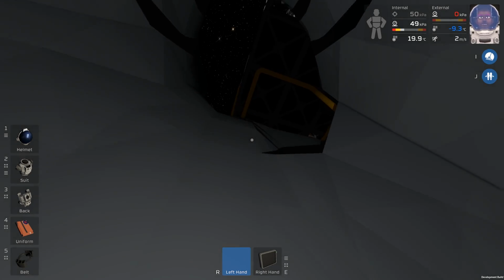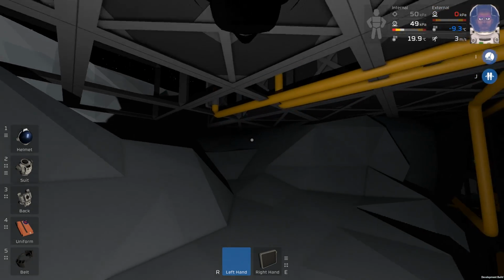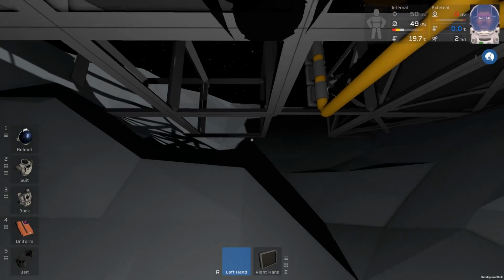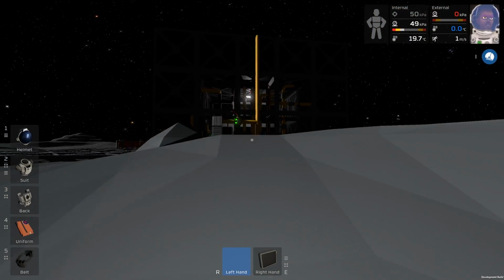So if I were you, I would be a little bit conservative about having a really deep base, at least for the moment. And how much propellant do I have? Oh, I didn't use all that much. Okay, I'm safe. So I'm going to go and build this building, and then we'll look at extending that pipework